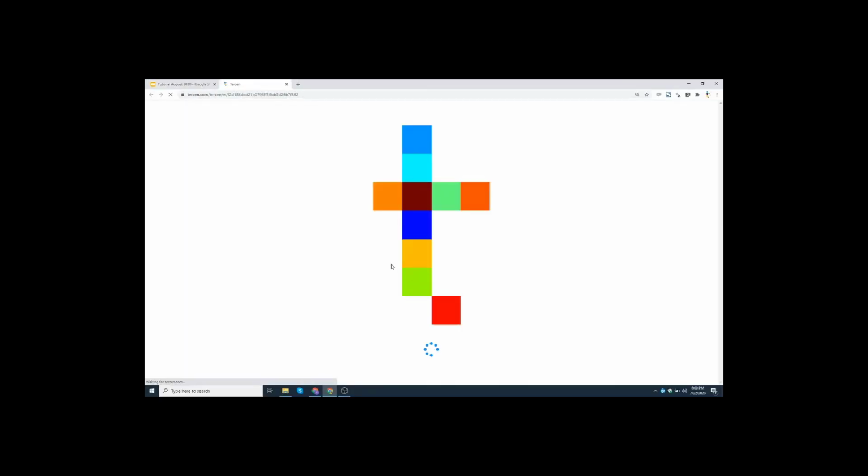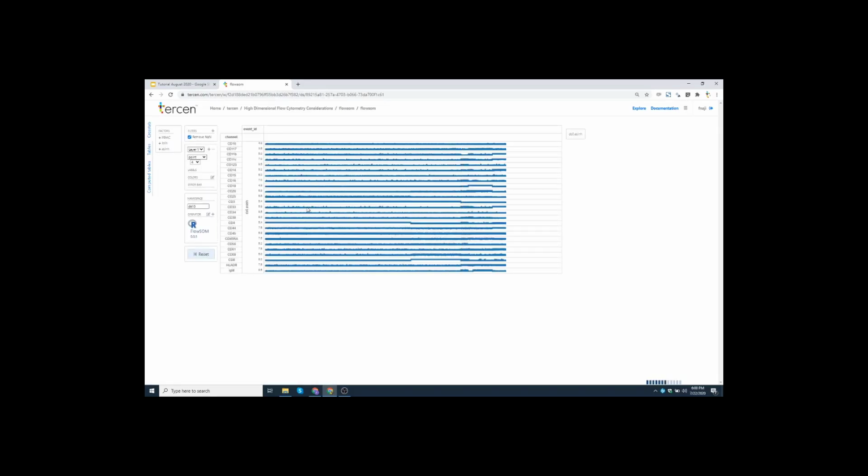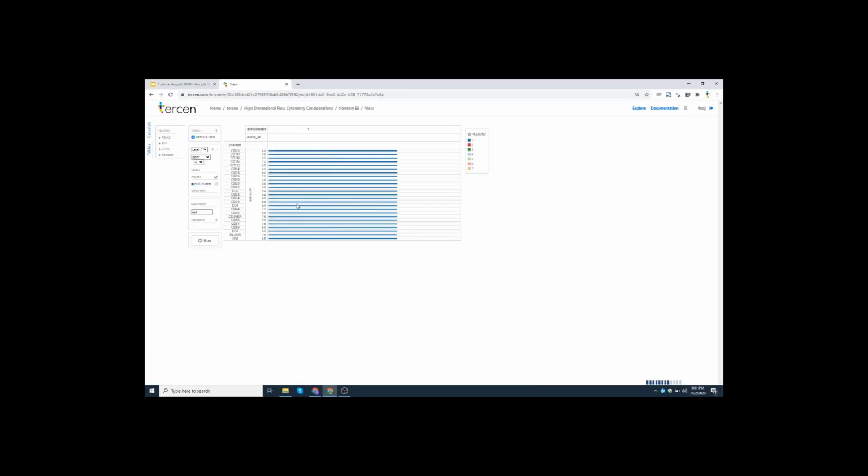I'll show you how this looks in Tercen. So I'm going to Tercen here. You see I'm using a data set again from Kirsten Diggins and the Jonathan Ayers lab, and I use it because it has different types of populations. It's PBMC populations, and you see there's a transformation and a FlowSOM being applied, and I basically use the same projection as I used before for the B cell data that I showed you, and I put the variables. You don't have to include all the channels here for the FlowSOM, but I put them all here for illustrative purposes, but you can sub-select if you wanted to use only some of these. And you run the FlowSOM on this, which has already been done,